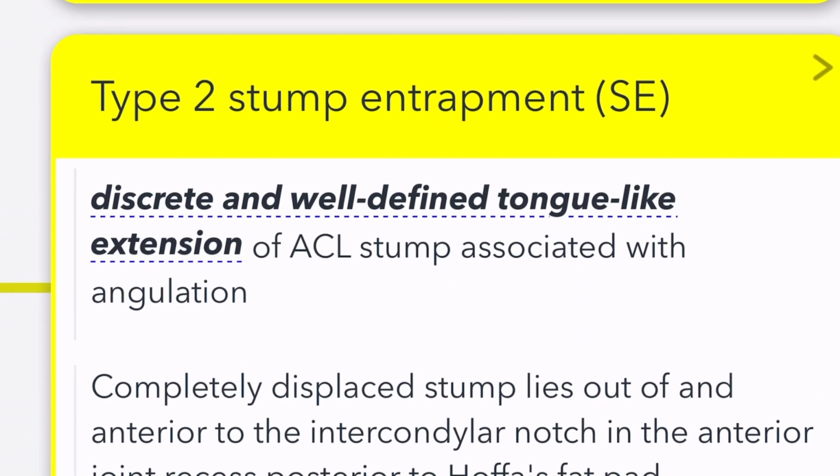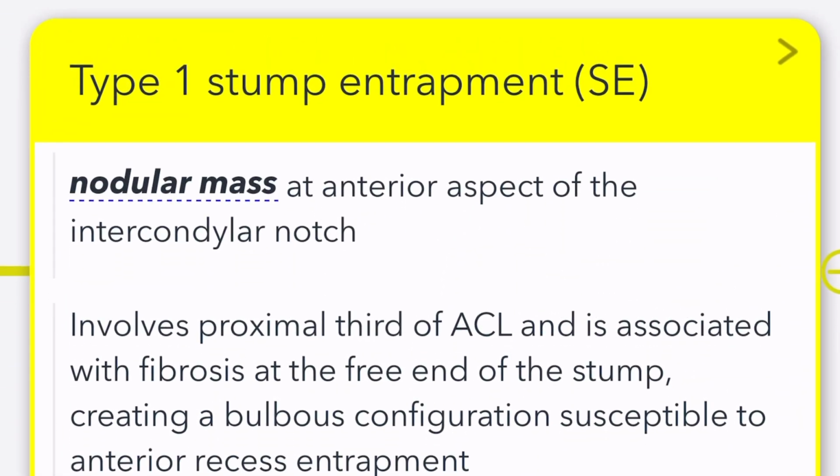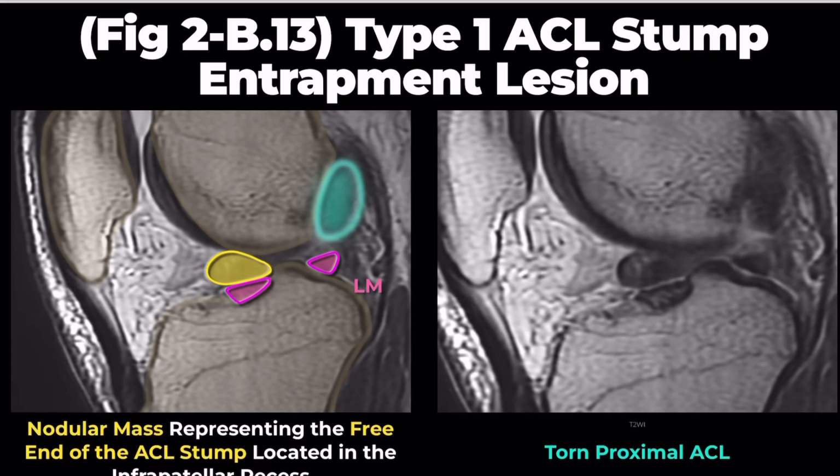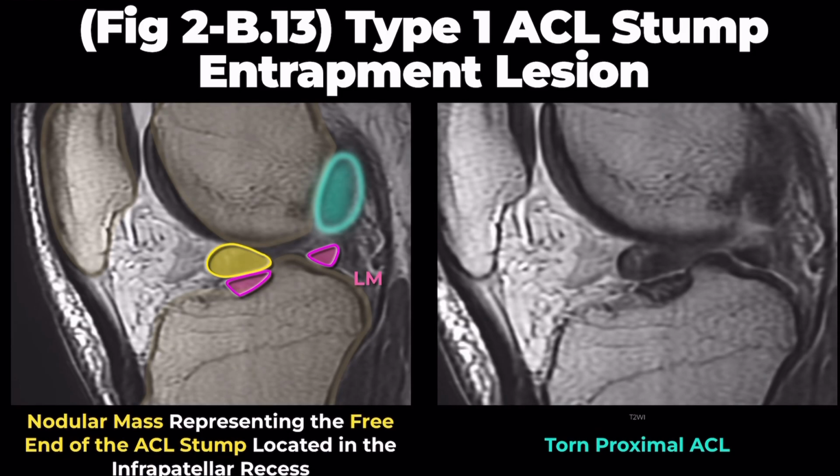In contrast, Type 2 lesions lack the mass-like appearance and instead show the anterior portion of the torn ACL folded upon itself, with a thin, tongue-like free end extending anteriorly out of the notch. It has been theorized that type 1 lesions may develop from chronic impingement and fibrotic changes of an underlying type 2 lesion. In this patient, the MRI findings show a complete tear of the ACL at the mid-substance, with the